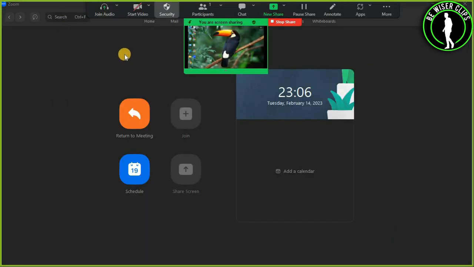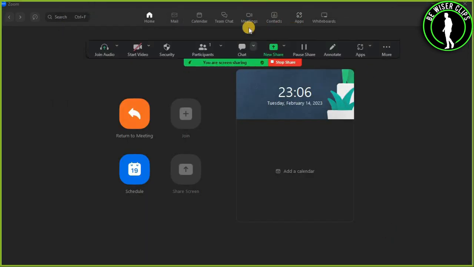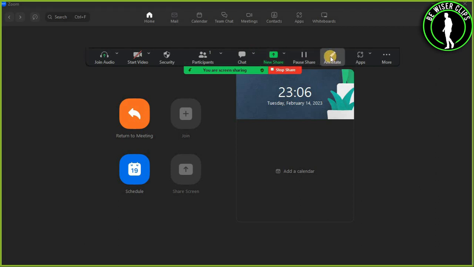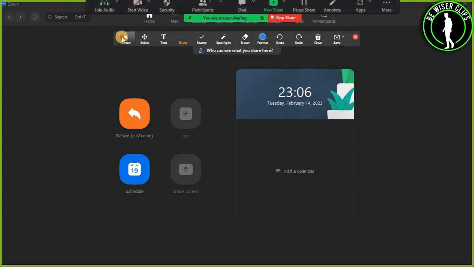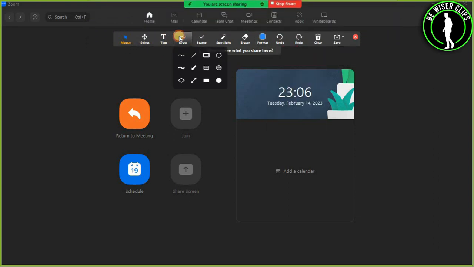So now guys, as you can see, it is showing my screen, and now what you have to do is just select this button right here which is called annotate. Now just select it and you can use these bunch of options right there. Let's say you want to select your mouse, or you can even draw on your screen like that,